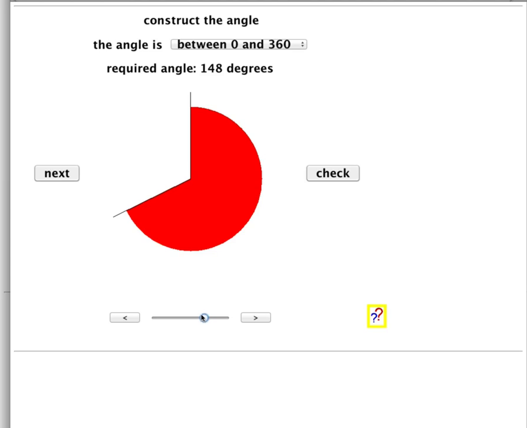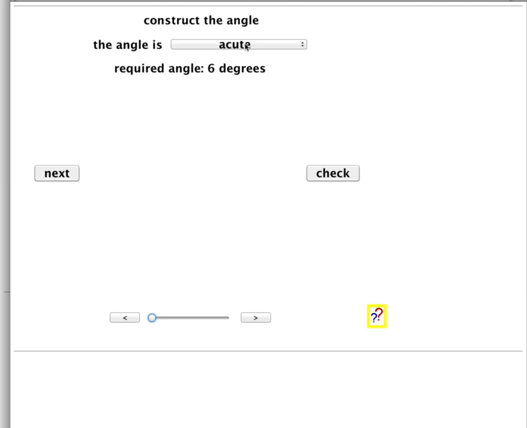The applet you're looking at is from our website mathsapplets.co.uk, and this applet is called Construct the Angle. It will help you to polish up your skills with estimating angles. And I'll start by setting the size of angles to acute, that is between 0 and 90 degrees. It asks me to construct an angle of 6 degrees, which is a very small angle indeed, so I'll just